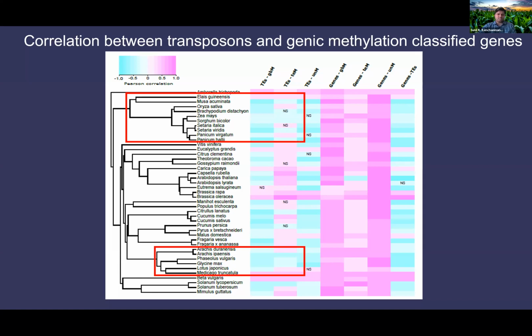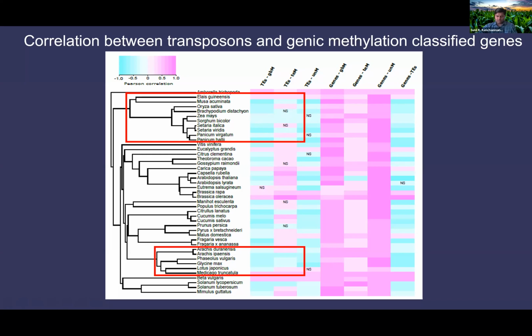So this suggests that the negative correlation between transposon content and TE-like methylated genes that I see here is not primarily due to genome size differences or differences in TE content, but probably because of differences in distribution of these